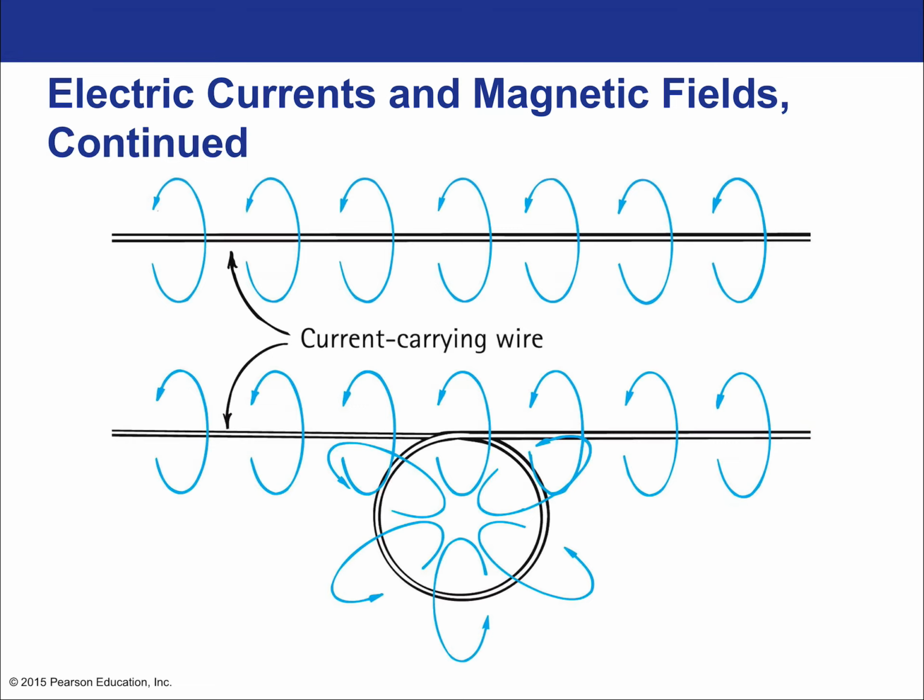Now here's the thing. I made a big deal about accelerating charge, and actually accelerating charge is super important for creating light, which is basically a chain reaction of magnetic fields creating electric fields creating magnetic fields, and so on. We'll talk about that in the next chapter. It's called Faraday's law of electromagnetic induction. But here you actually can create a magnetic field with a constant current. So you can have the current be constant and still have a magnetic field. It's just that the magnetic field itself will be constant, and that's the end of the story.